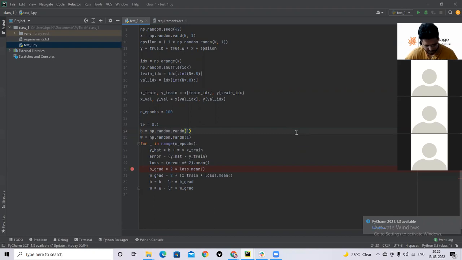Okay. If there are no doubts, then as homework, you have to first do the double linear regression without using PyTorch. Then do the same double linear regression with PyTorch.